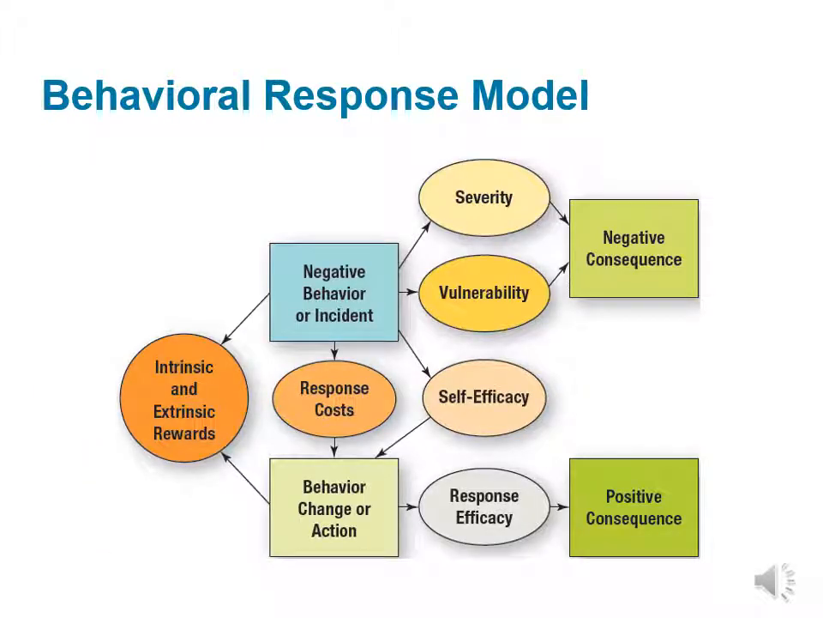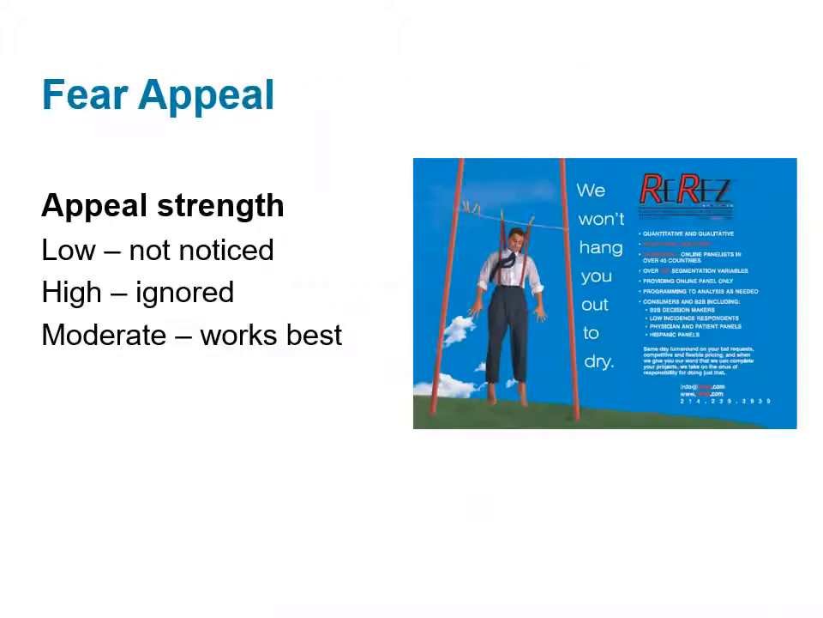The behavioral response model explains how fear appeals work. For a product such as a home security system, an ad can focus on severity, what happens when a home is broken into, or vulnerability, the probability of it actually occurring. The ad can show the negative consequences of such an event. An ad can show the intrinsic and extrinsic rewards from installing a security system. Response efficacy can be illustrated by the alarm going off when a burglar tries to enter, and the police are called. Peace of mind and security are then shown as the positive